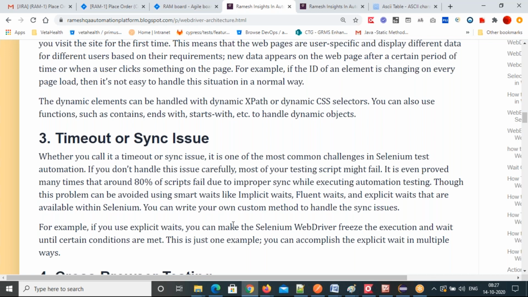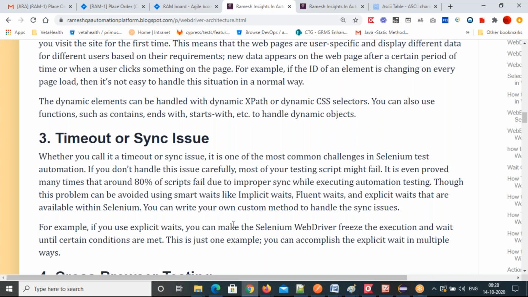You have to use explicit and implicit waits to avoid these timeout issues in your test cases. So if you want to handle these timeout issues, you have to use proper synchronization techniques. Those are adding implicit wait, explicit waits, and fluent waits in the test cases. While writing the test code itself, you have to include these wait commands, and then it will start working.